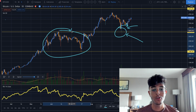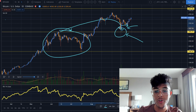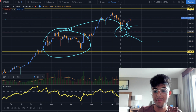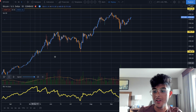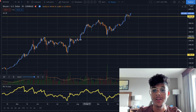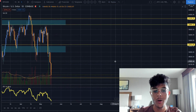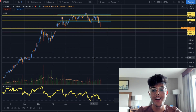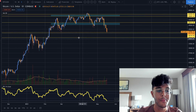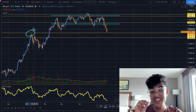That's a very, very big drop to be experiencing in this market, which means that it was a significant all-time high point. And we can see that in the future, Bitcoin just falls down to this same level, finds support, and rallies up to $20,000 bloody dollars. Nearly a, well, from this level, a 5 times increase, which is absolutely phenomenal. You know, another 5 times increase from where we are right now will put us at $200,000. Yeah, it's 10 times higher than the previous all-time high that Bitcoin topped out at. I'm not saying that's what's going to happen, but I am absolutely saying that we've got the same setup on